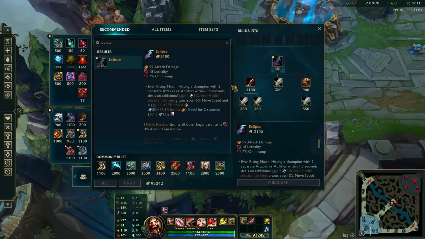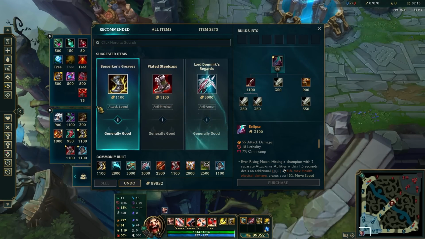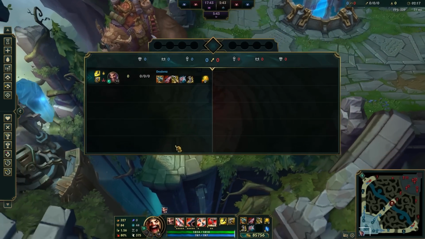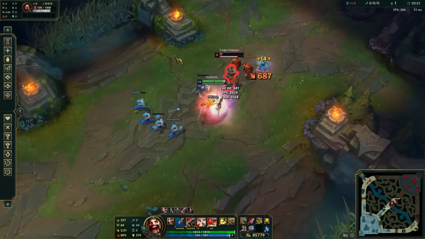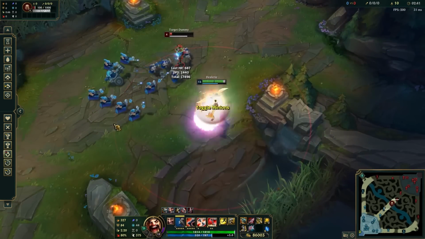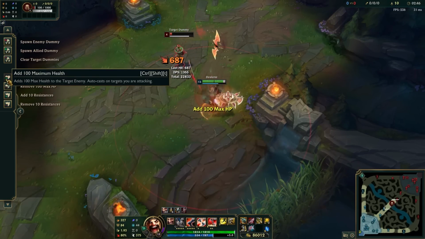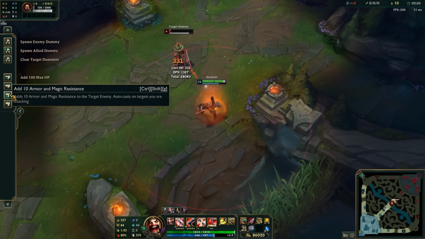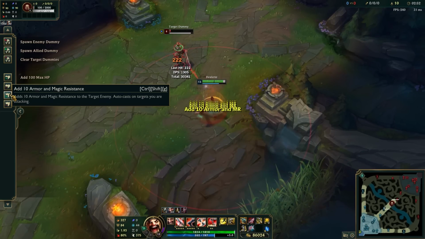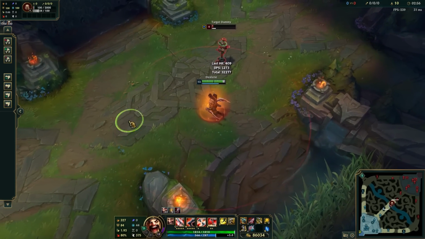Overheal plus Bloodthirster? Nah, it's not needed. If I were to build Draven with Lethal Tempo, I would build like this. This is probably the best build to build with Lethal Tempo. Okay, so I'm gonna try to show damage, right? So I'll do 2k HP. I'll do 100 armor. It's a bit more than squishy, but...